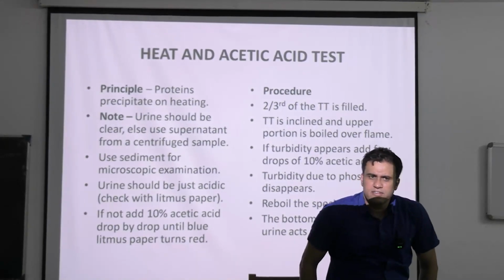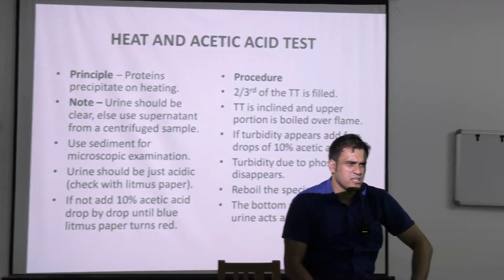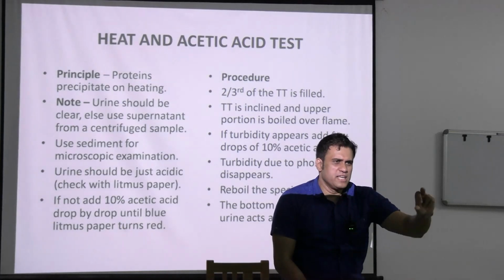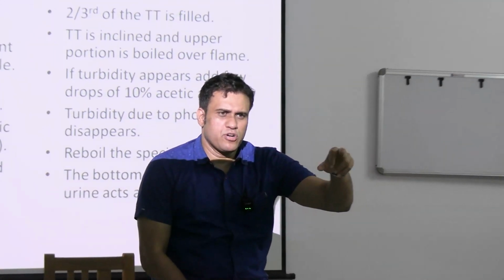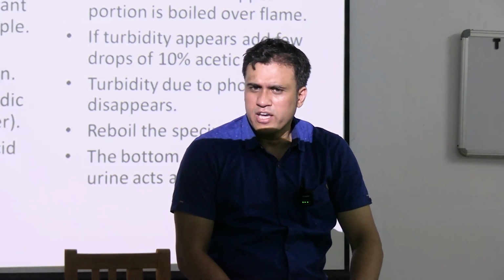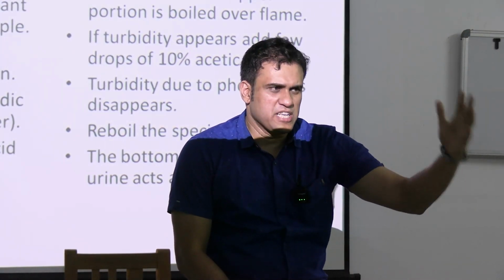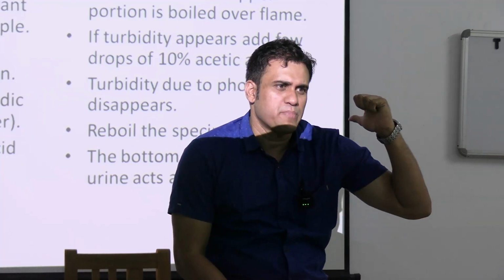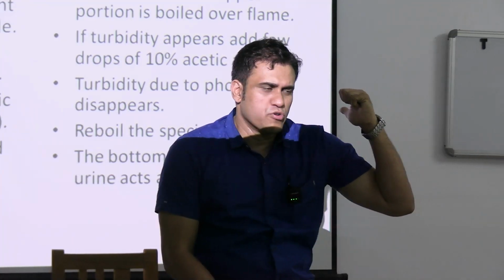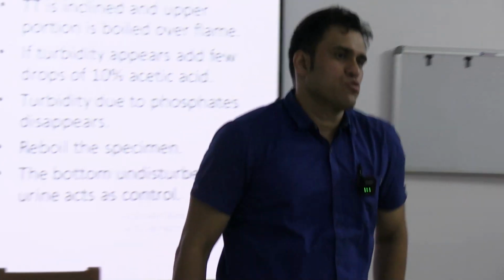Denaturation of proteins, right? ডিম সেদ্ধ করলে কি হয়? নরমাল ডিমটা কি রকম থাকে? ভেতরে একটা ইয়েলো yolk আর সাদা অ্যালবুমিন. So when you boil it, কি হয়? It forms a flocculum. Why? Because albumin gets precipitated on heating. So a similar principle applies to urine also. Protein is precipitated on heating.